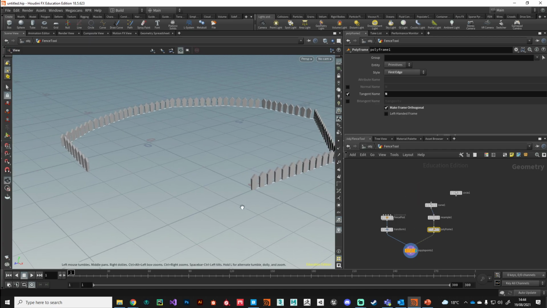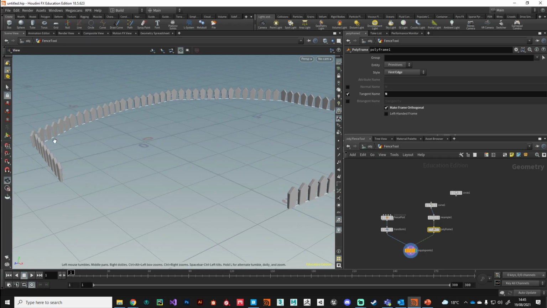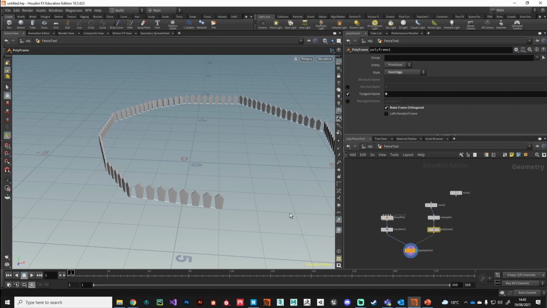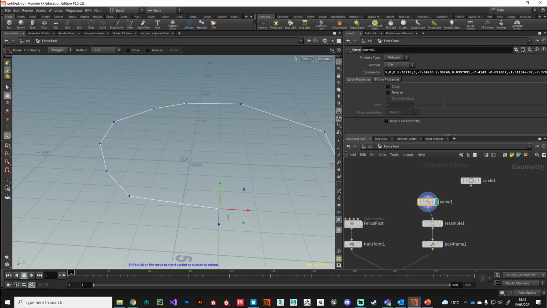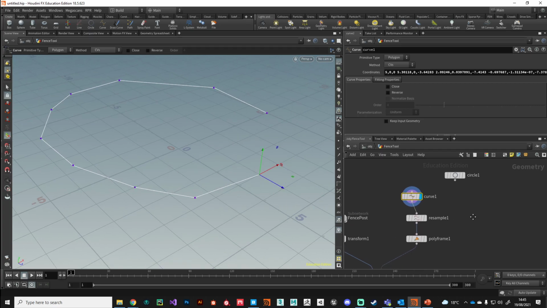The next thing we want to do is add the central plank that runs all the way around. Okay, and we can take advantage of our existing curve here. So there are a couple of ways to do it. I'm going to show you a very, very quick and dirty way of doing it, and then we'll look at a little bit more of a flexible way of doing it. So we can take this curve